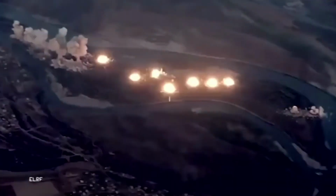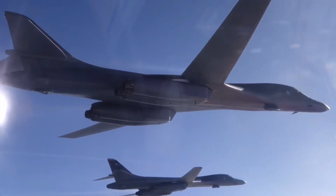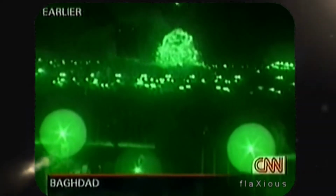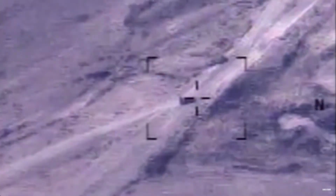The B-1B didn't participate in the initial Gulf War. However, the evolving nature of warfare, particularly the strategic impact of tactical operations, redefined the roles of fighters and bombers. The B-1B engaged in its first combat mission during Operation Desert Fox in 1998, employing unguided bombs against Iraqi targets, and since then it has been utilized in various conflicts, including Kosovo, Afghanistan, Iraq, and Syria, targeting both ISIS and